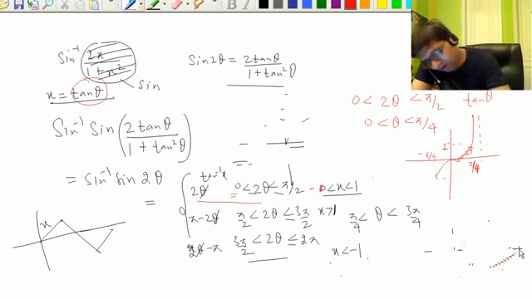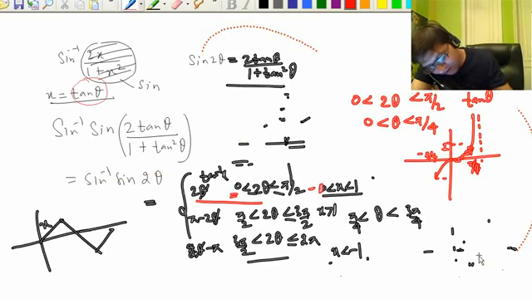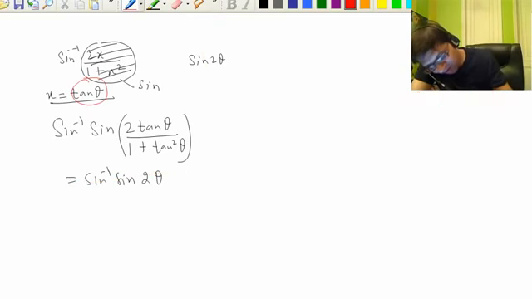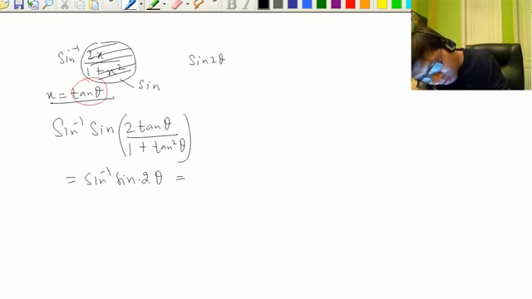do this independently also. See how. And even there's no need to understand this also. If you want to skip it, that's okay. Just learn the result. After doing this, let's not use the graph of sine inverse x. I showed you how to do it. You can do it independently also. We can cancel this with this. We can say 2 theta equal to 2 tan inverse x.